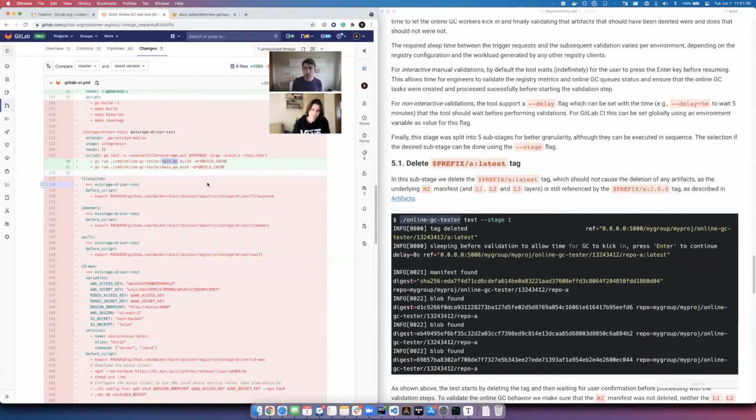The alternative would be to do this using a Docker image, where on the CI, instead of using a base image of Golang or Ubuntu or whatever, you would use an image that already has the binary there. Then all we have to do is execute the binary, and that's it. So there are multiple ways to do it. I'll probably start by doing it the same way that you have here for the container registry project. And